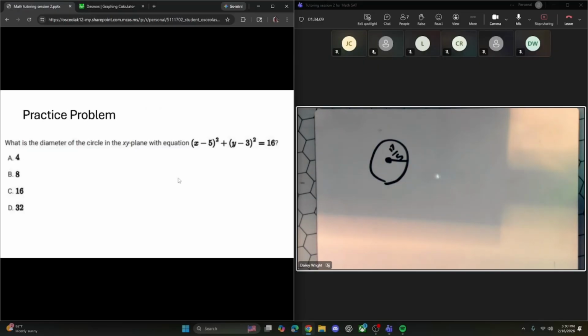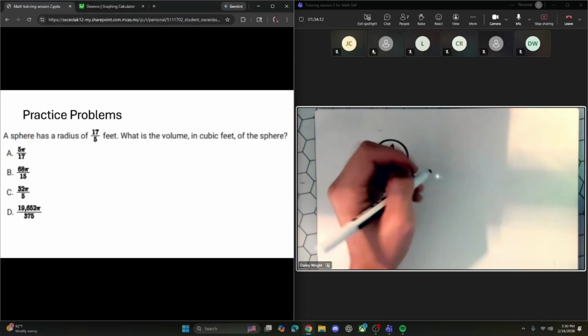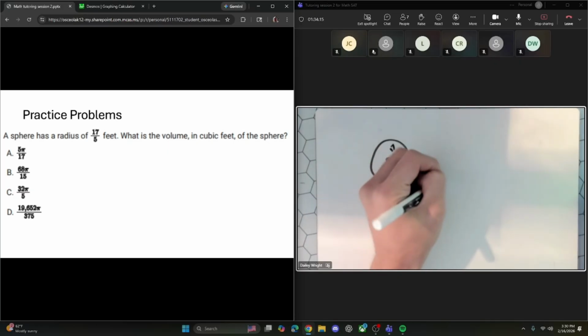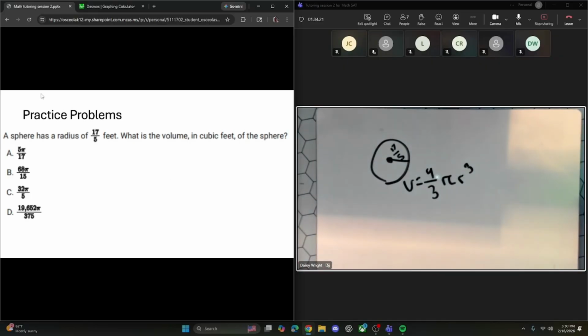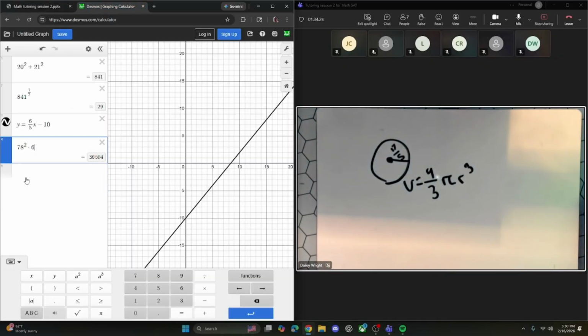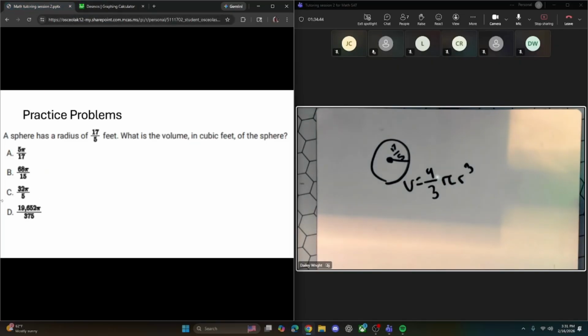So you have pretty much everything you need. All you got to do now is plug in. So 4/3 pi r cubed. That's what your volume equals. So plug in pi, 4/3 pi times your radius, which is 17 over 5. And then cubed is equal to 164.36. It gives us these in pi, 5 pi over 17, 65 pi over 8, so they're not in the